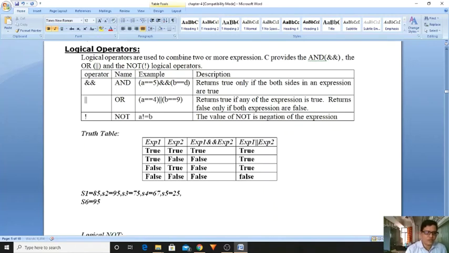Now we want to test whether you have passed or not. To pass, you have to secure a minimum of 35 marks in each subject, right?